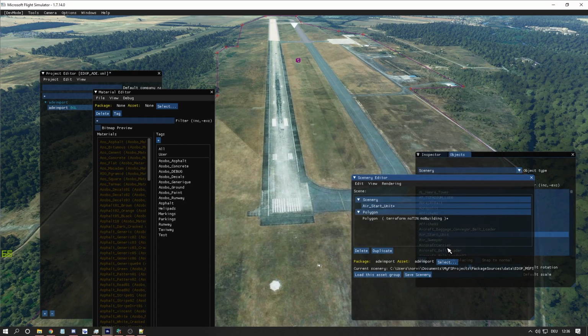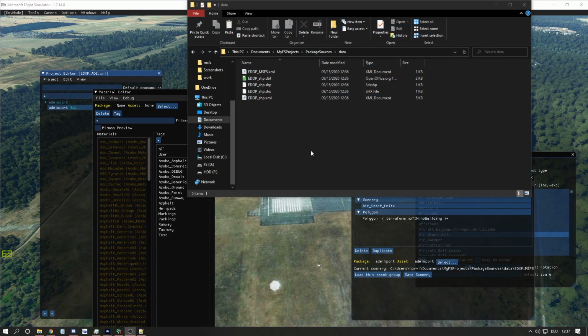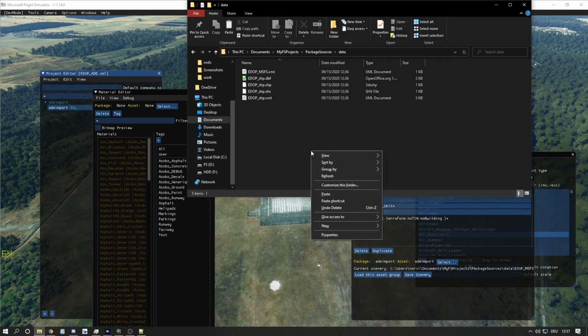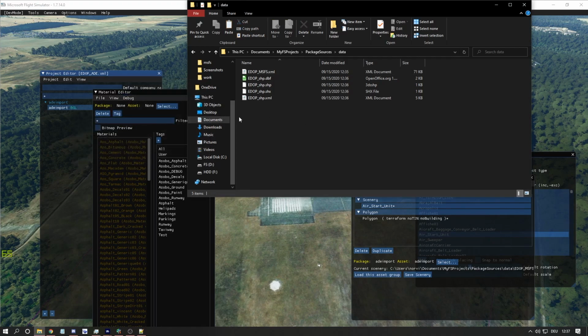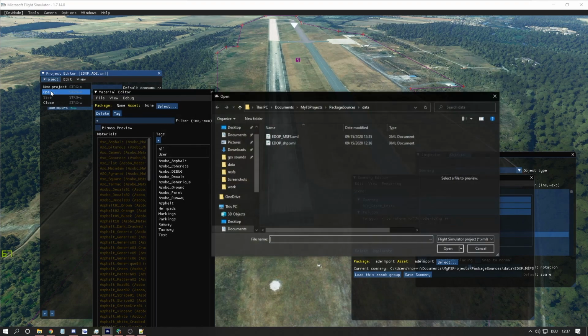And then the scenery is saved. I'm just going to save the project one more time. And then the very last step you do is just pasting the compiled ADE XML file and replacing it with the newly created XML file from the simulator. And now if you open the project again